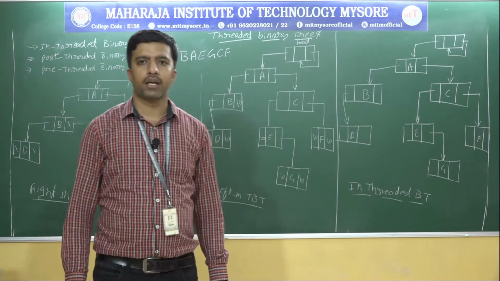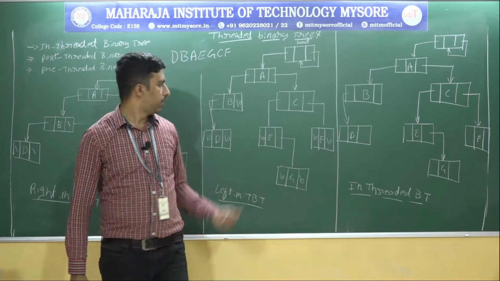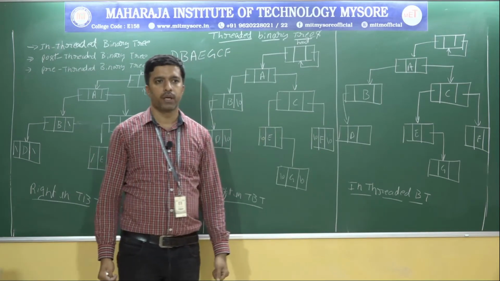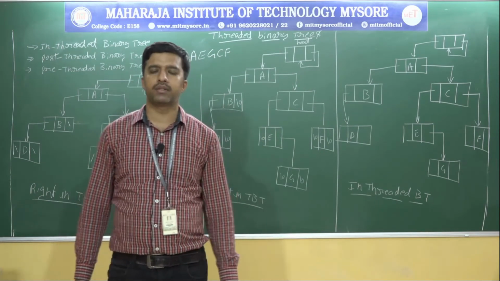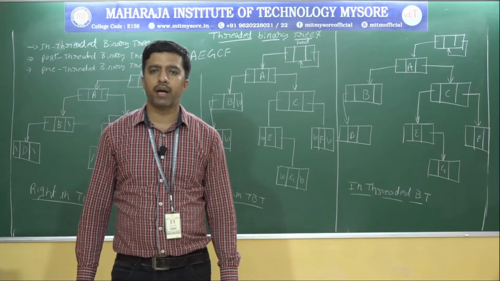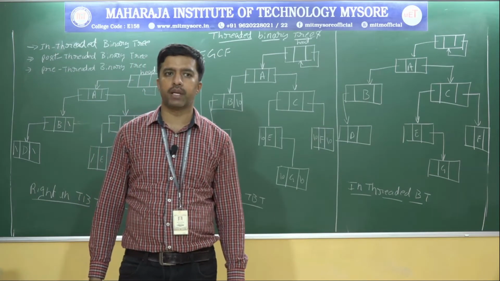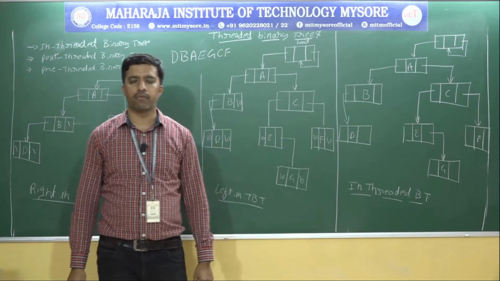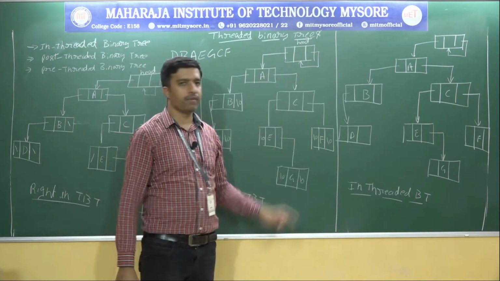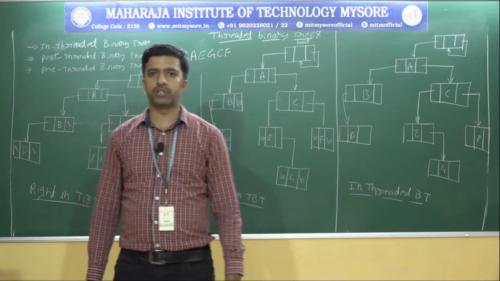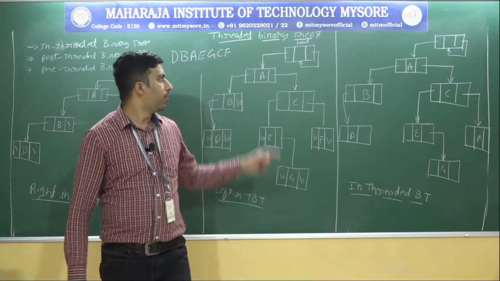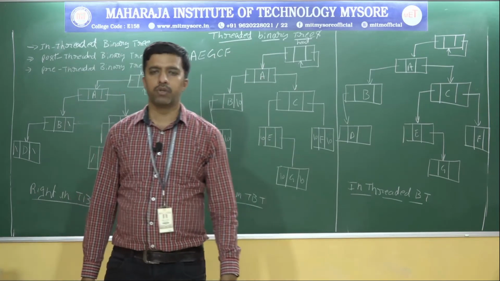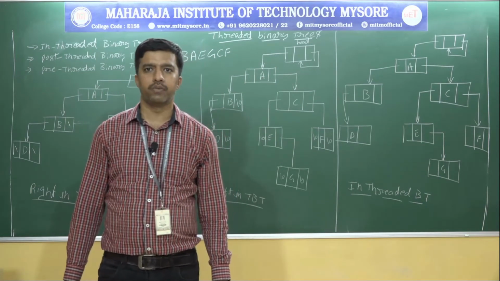We can replace this null by the address of upward movement of the tree, where we can traverse the tree very easily and quickly. Why? Because when you are traversing, you may need to use a stack to store from which loop to which loop you are presenting. We need to use a stack. It's a wastage of time.